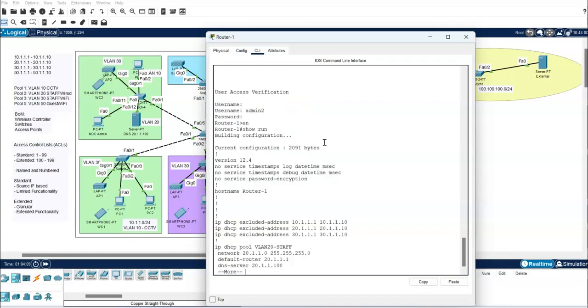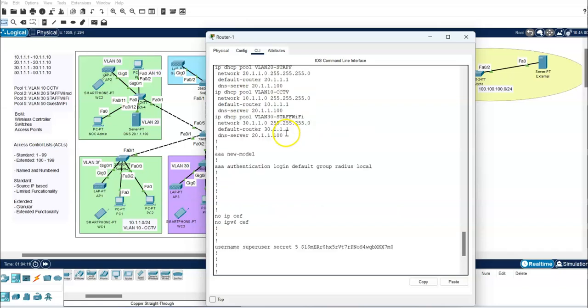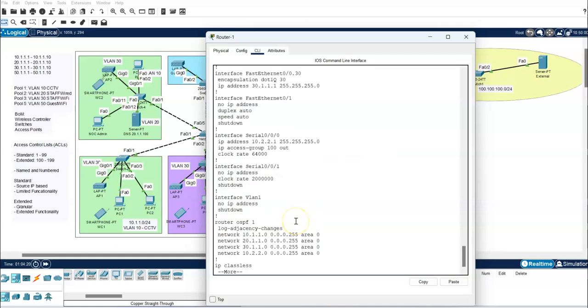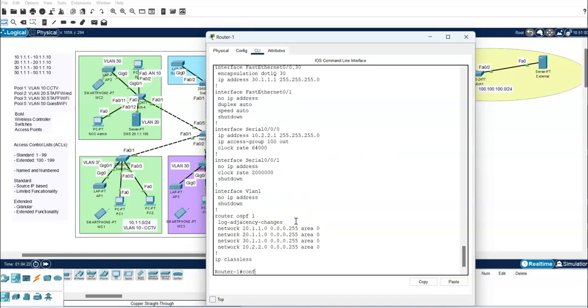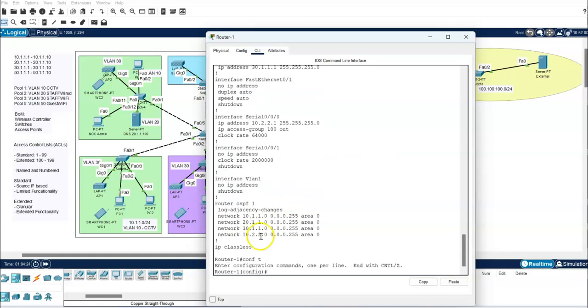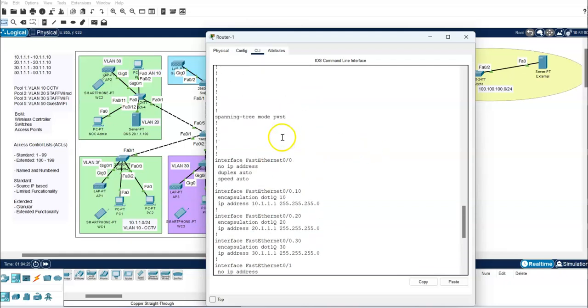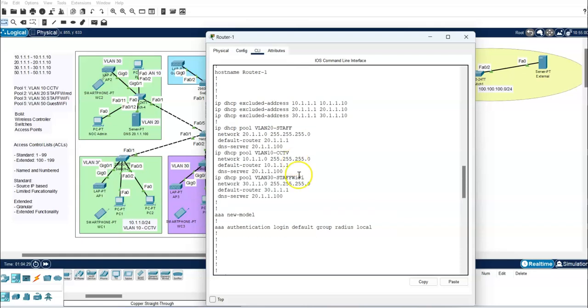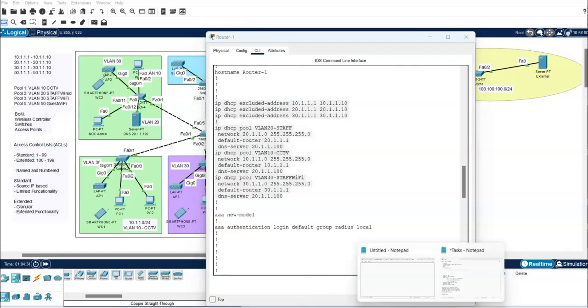Let me show you the pool we had. So here's a pool, and there's VLAN 20, VLAN 10, VLAN 30. So we can actually copy that, or we can quickly configure that. So conft, if you want to be quicker, let's say you copy the pool from here. Copy the pool, for example, this one, and actually let's copy the whole thing and take it to your notepad